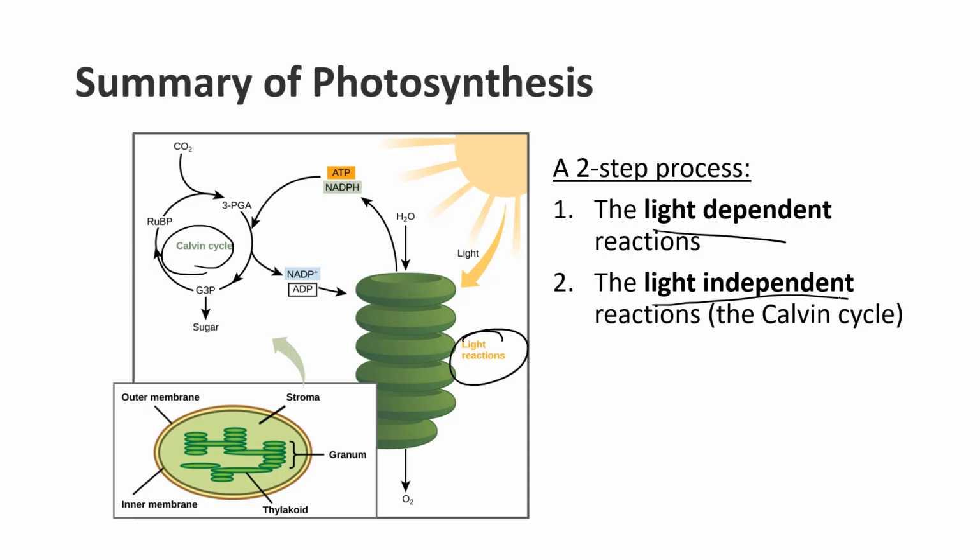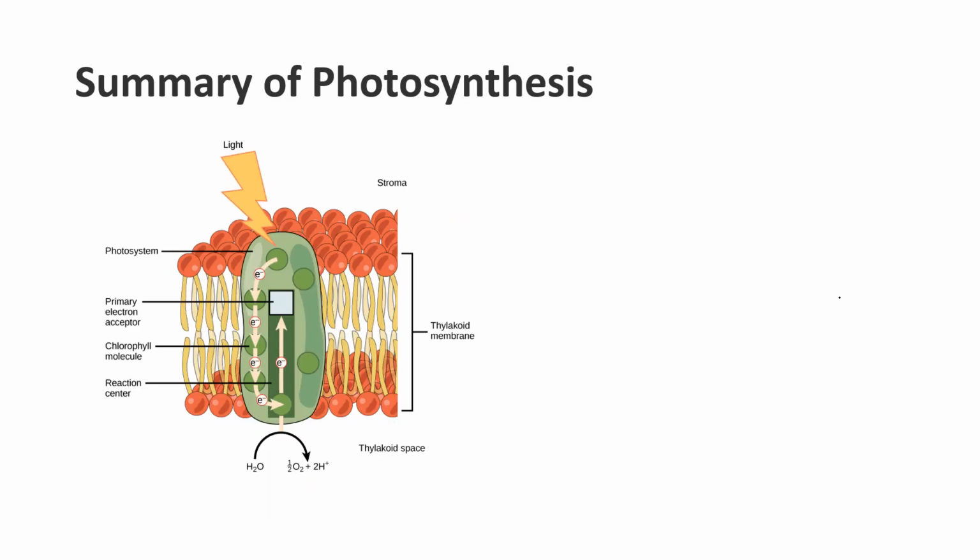When we talk about the reactions of photosynthesis, we're talking about both the light dependent and light independent reactions together, because they have to function together simultaneously to produce the sugars and the oxygen during photosynthesis. So if we focus on the light dependent reactions first, those reactions are taking place in the thylakoid